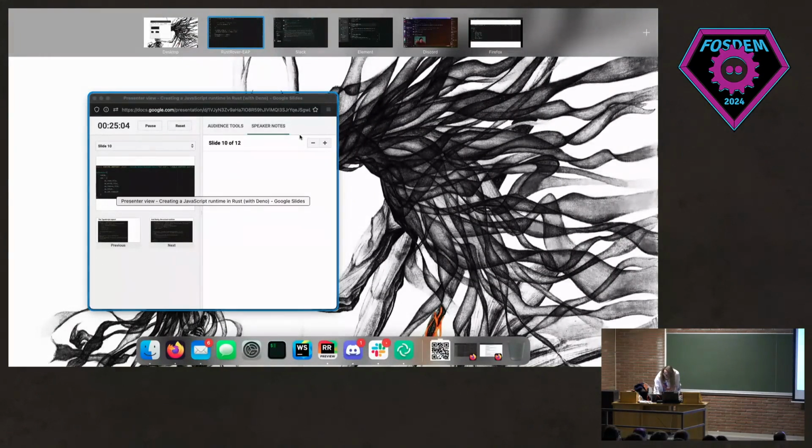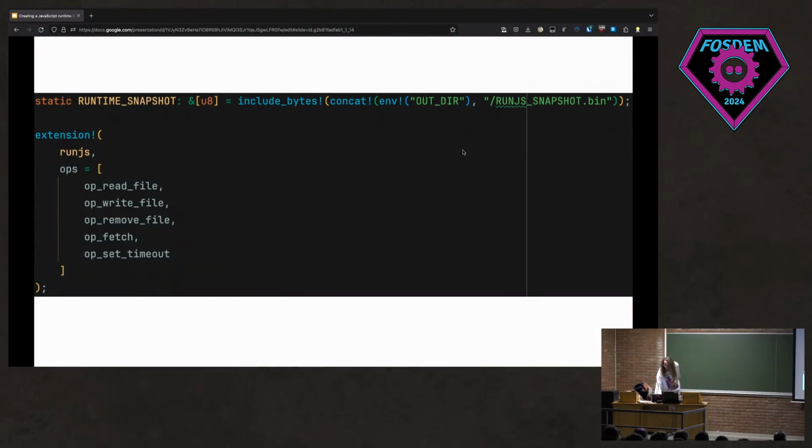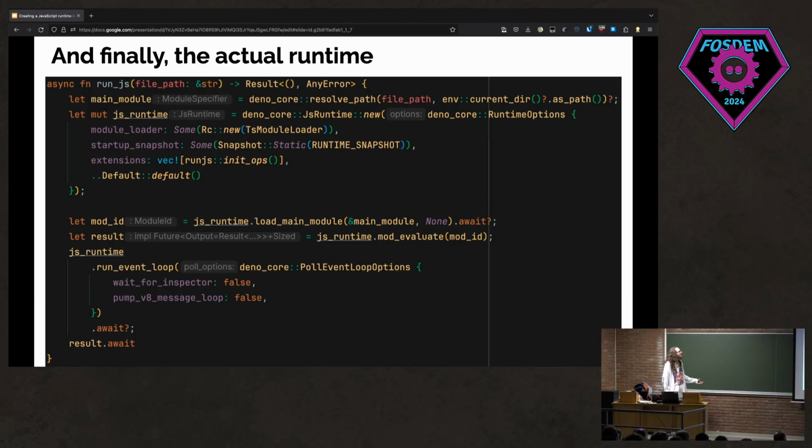To go back to here, yeah, we defined this extension again and the runtime snapshot, and then we have basically all the building blocks ready. Now we just need to actually use it. And for that, we need the runtime. This is, again, a bit more complex,